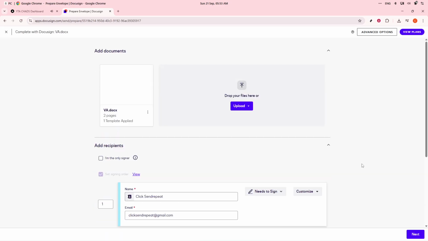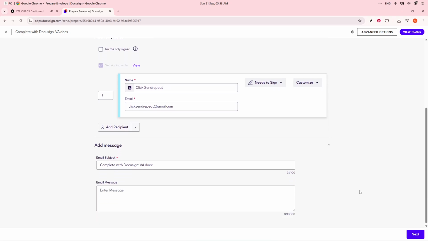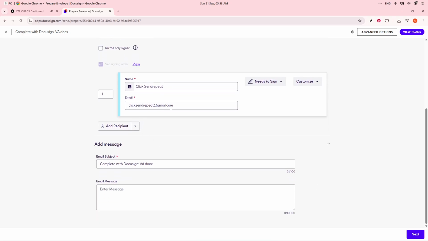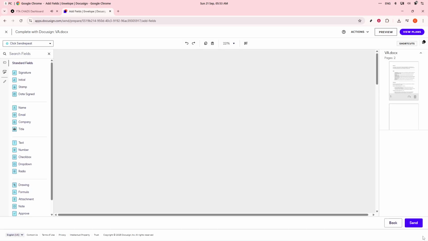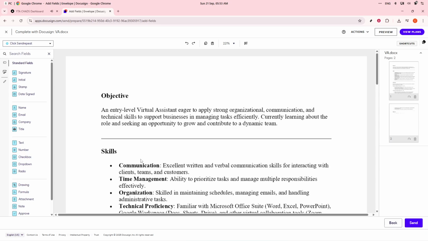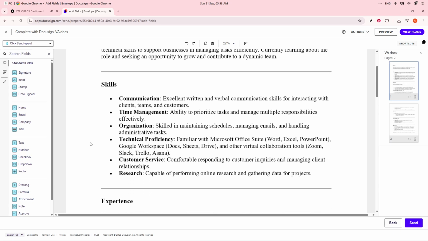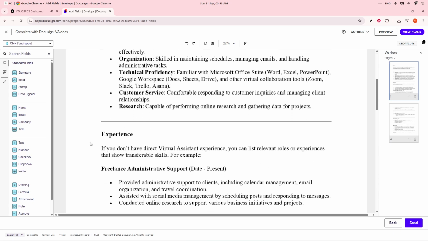Next, we'll need to add the recipients to whom you'll be sending the document. Enter each recipient's name and email address. If more than one recipient is involved, make sure you set the signing order to define the sequence in which each recipient will interact with the document. Once you've entered all necessary details, click Next, and you'll be directed to the Prepare Document screen, which is where